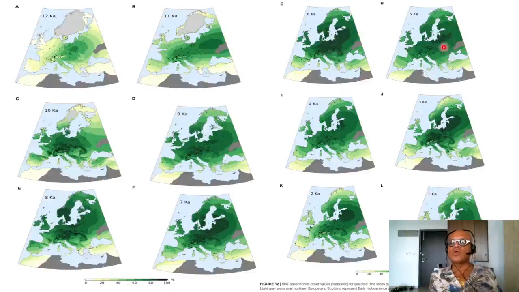Came then the cooler, drier period, so you can see the reductions in density of forests. Recovers around 3 kiloyears to 2 kiloyears. It has shrunk again over these regions, and by 1 kiloyear it is much reduced. Of course, by then agricultural societies were well set in the millennium here, so we don't know how much of it was natural versus how much of it would have been clearing for agriculture and so on.